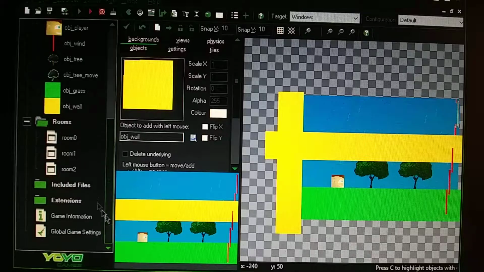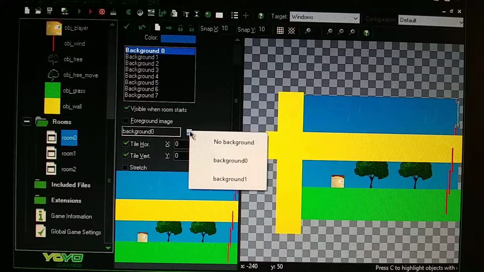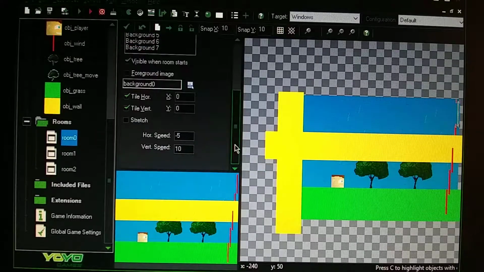And then in the backgrounds, in room 0, go to background, then you want to make sure you select your background, which is going to be the first rain, which is the angle 1, background 0. And then you want to make sure it's tiled horizontal, it's tiled vertical, and then the horizontal speed's going to be at -5, and vertical speed's going to be at 10. So it's basically going to make it go at 10 speed fast, and then -5 is